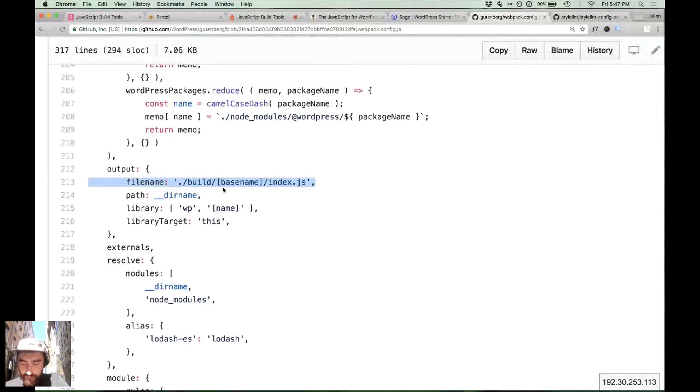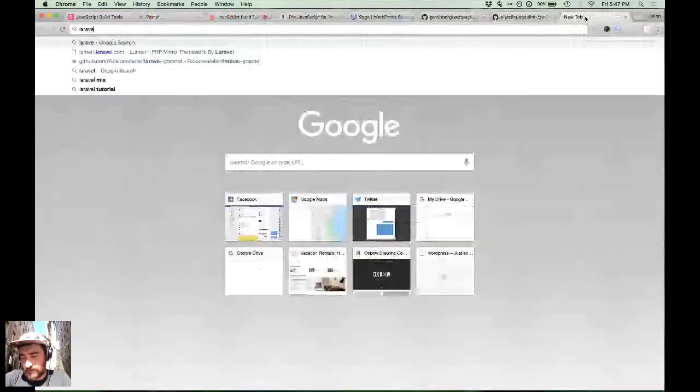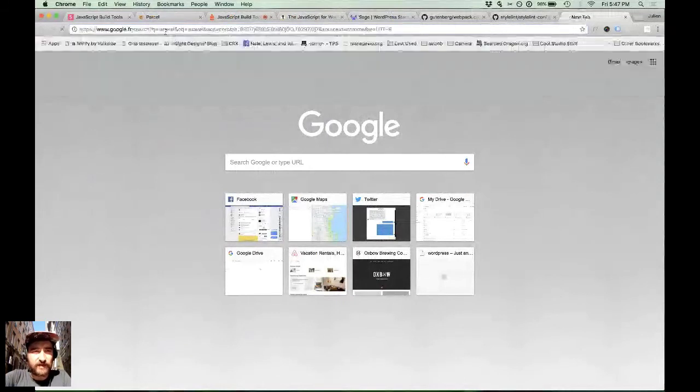So really quick before I get to the questions, I definitely want to cover something called Mix, because Mix is a really cool Webpack abstraction, and it's not like, oh yeah, here we are putting crap on top of crap. It's maintained by a really cool team. If you have ever heard of Laravel, I think it can be really helpful to look at code from outside the WordPress world. Laravel's a really cool PHP framework,